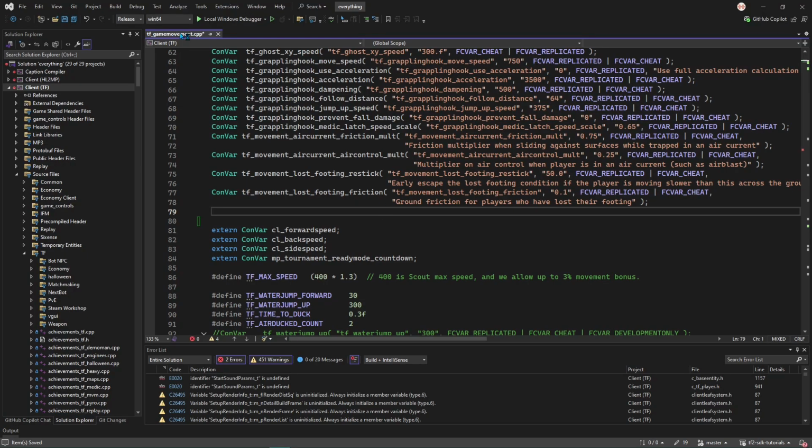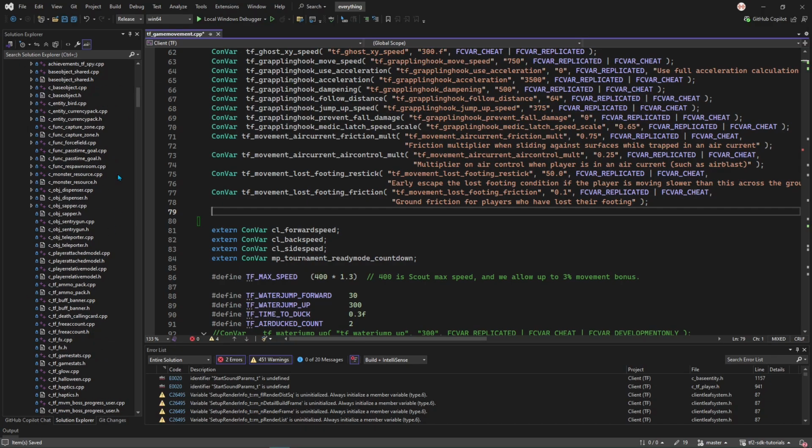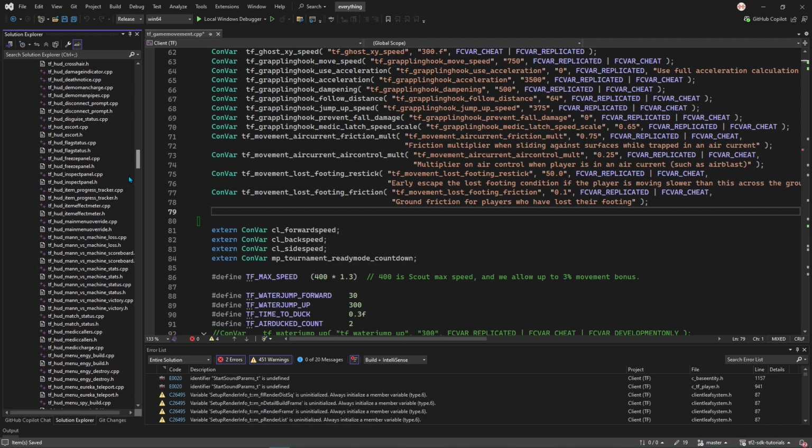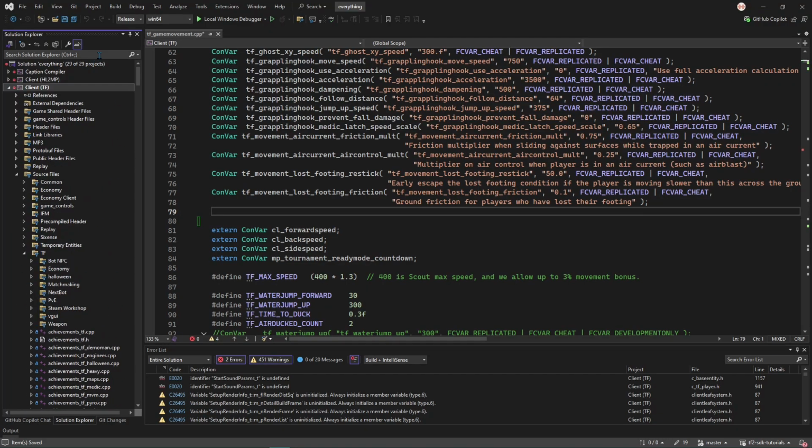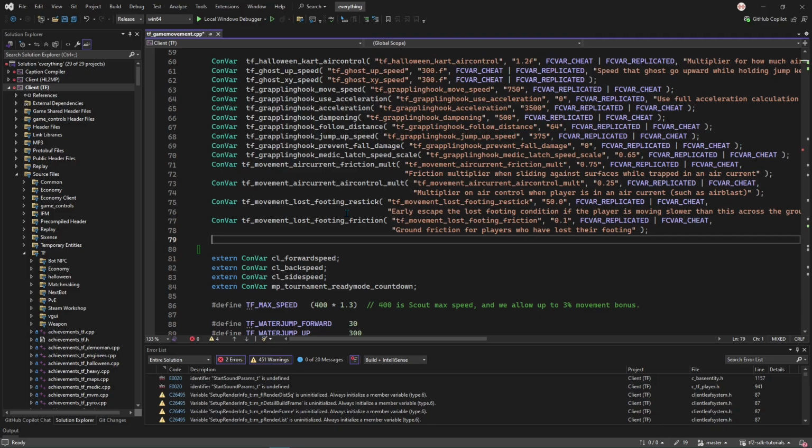Everything that we do in this video is going to take place in the tfgamemovement.cpp file, which is in client tf, source files tf, and then it's just down somewhere. It's also in the server one, but they're basically the same file, so it doesn't really matter. First thing we're going to do is at about line 80, after all these convars, we're going to add